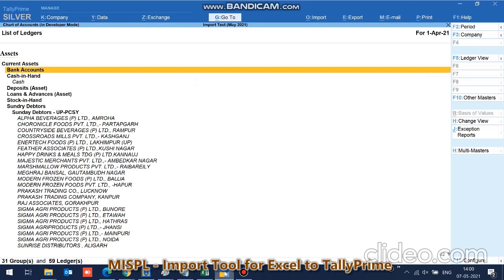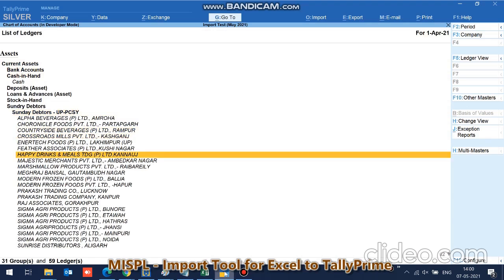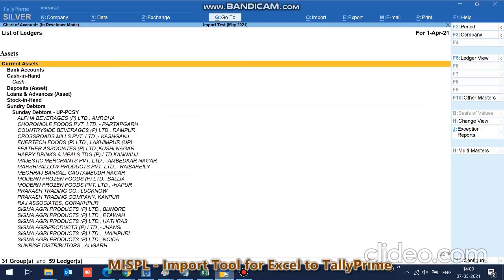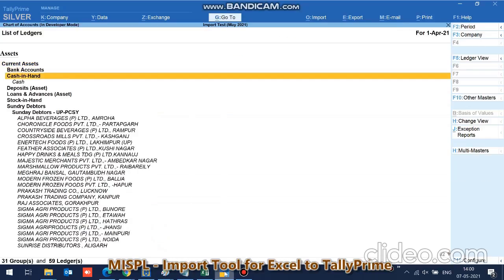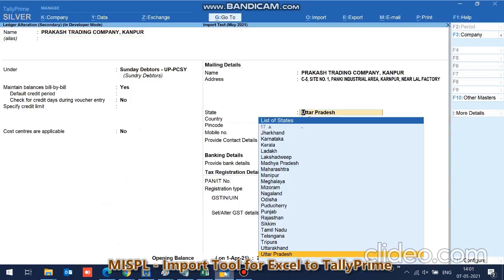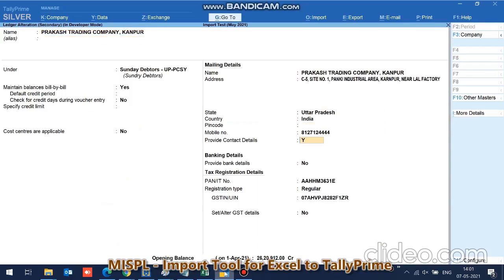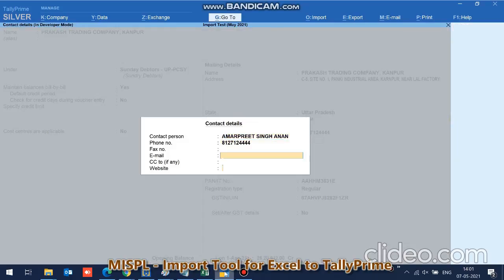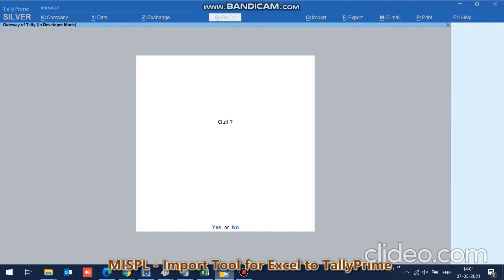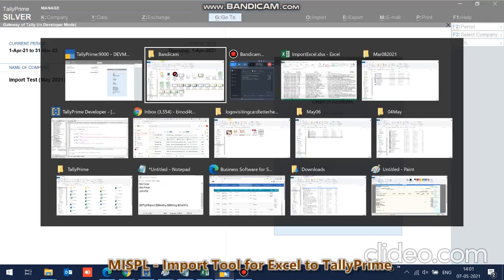So now we see that 50 ledgers have been imported in a few seconds. And we check the details, all details have come, whatever was here in the Excel, with the name of the person, PAN number, GST number, everything.